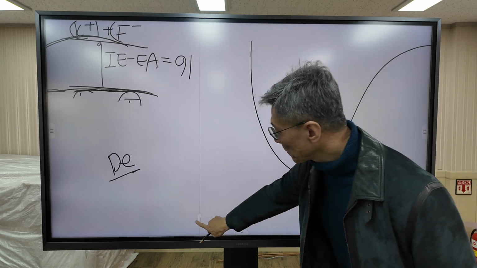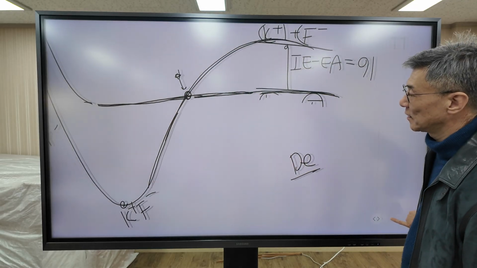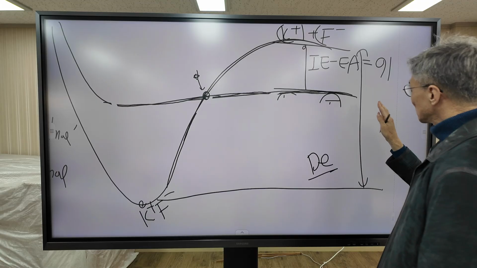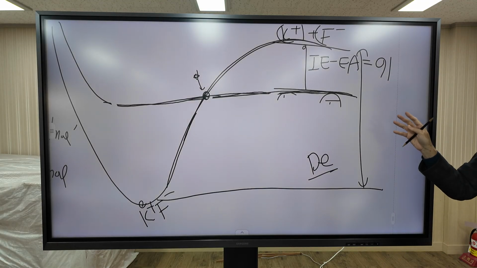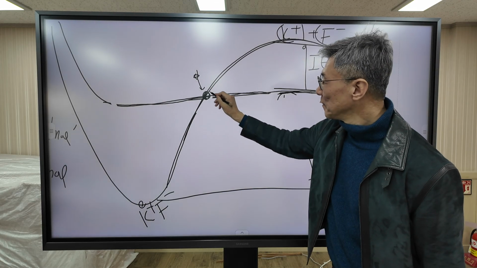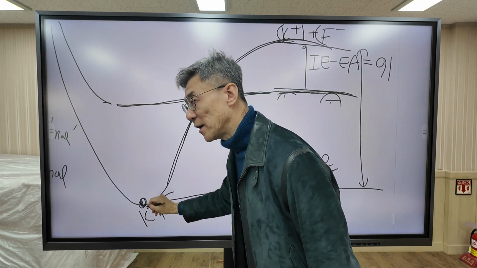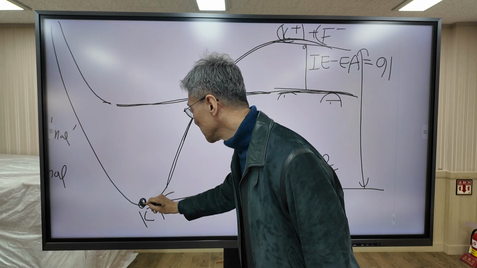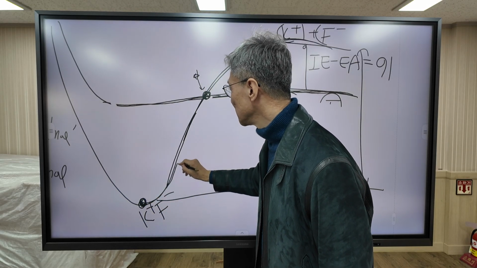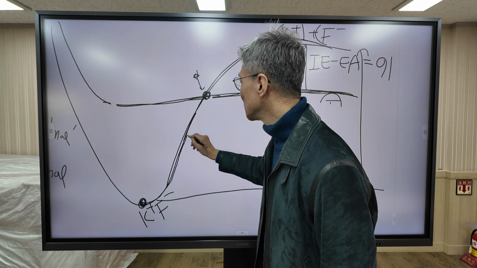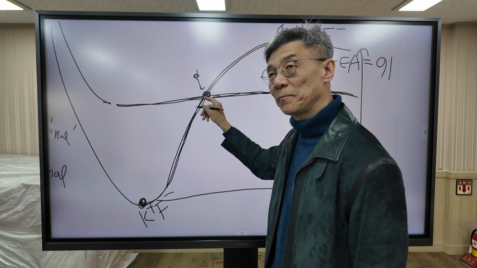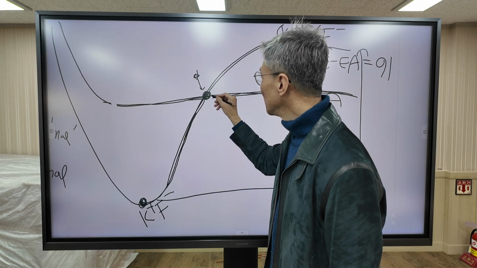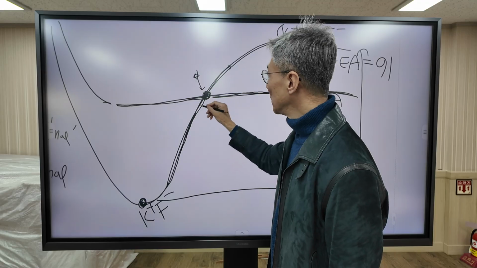From this one, you might say that this is the bond dissociation energy, but this is wrong because of this one. Why? Now the molecule is in this state. Now provide energy, so energy is increased. So the molecule follows this potential energy curve. When you increase the potential energy, the molecule follows this potential curve. Here it reaches this point, and I increase the energy. The molecule does not follow this curve.